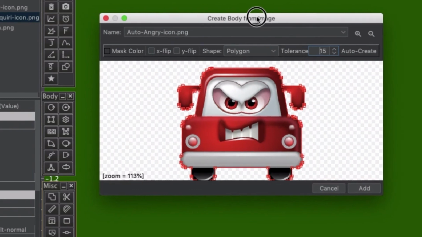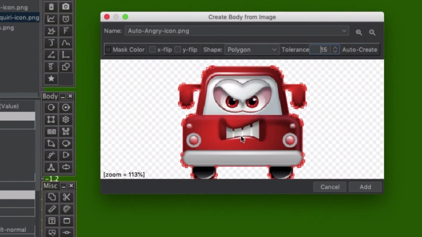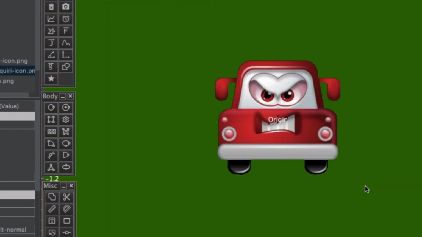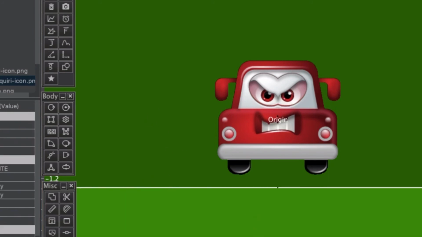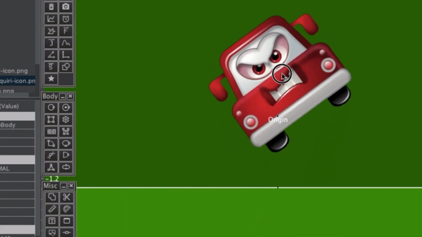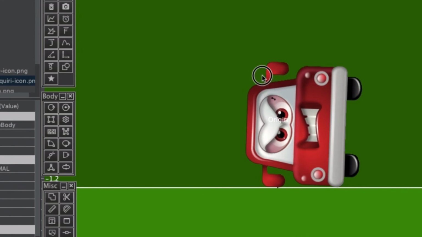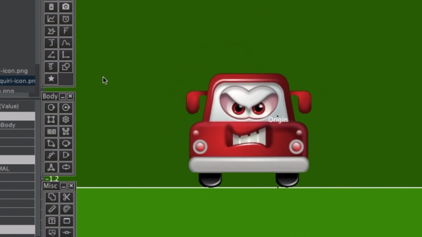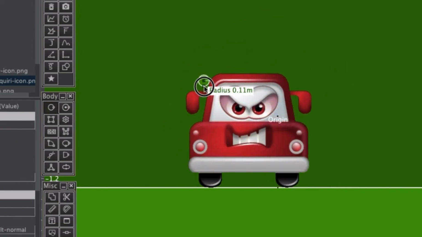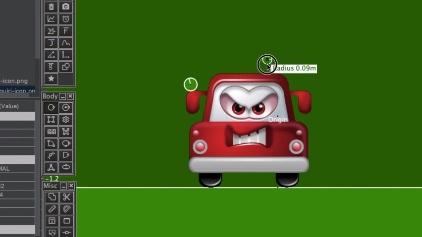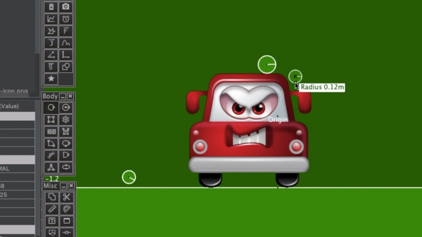Let me keep it default. Now I am going to add this to the simulation. Now the shape has been added to the simulation. And you can see that the outline is properly created.